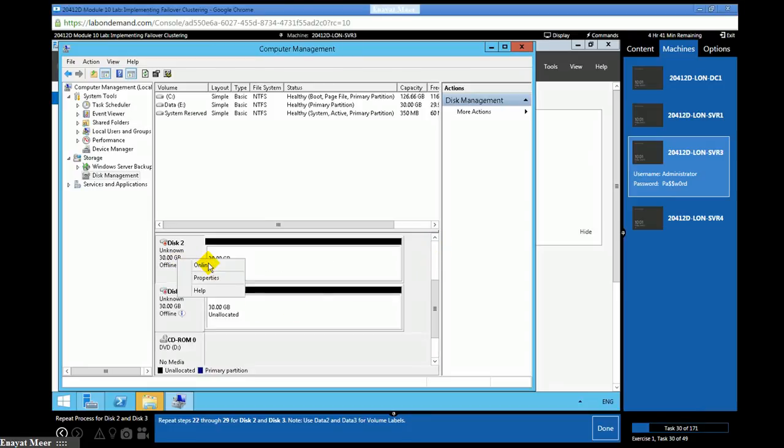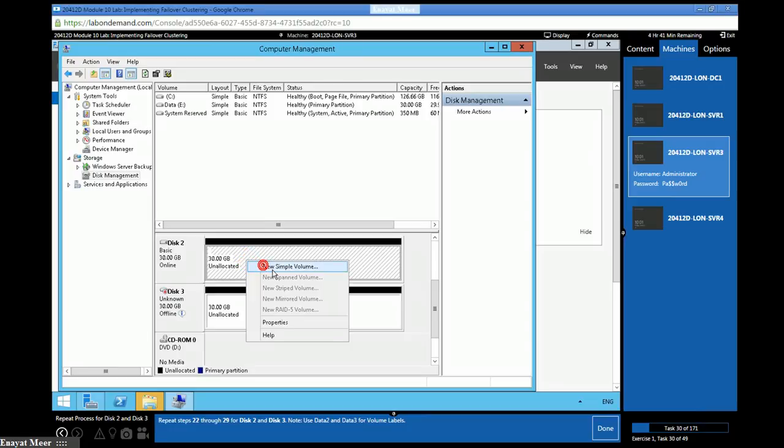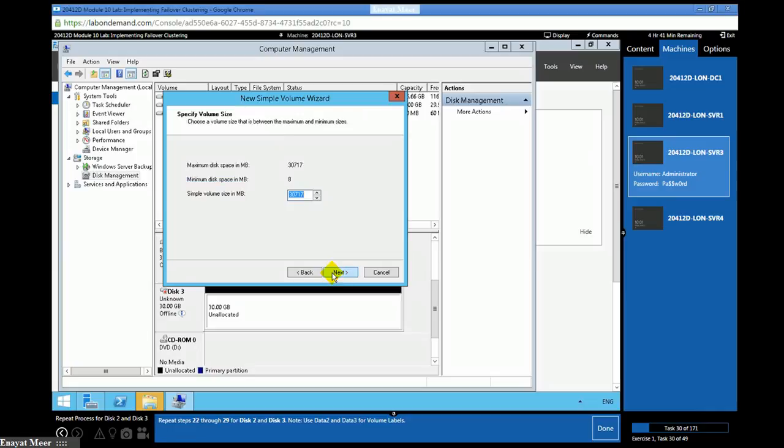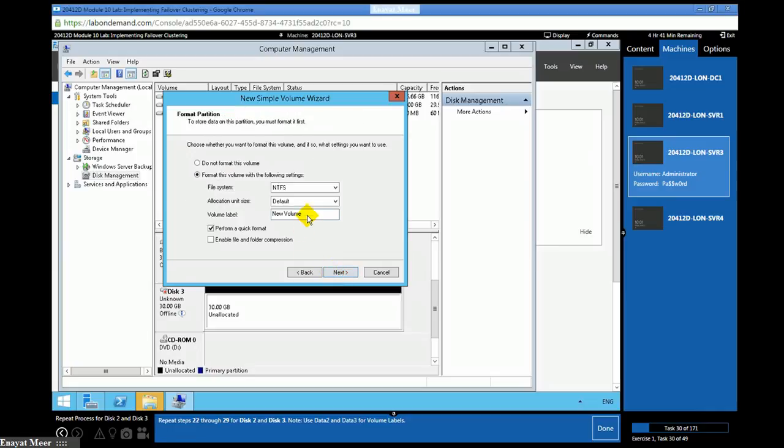So you know the procedure now. You have to bring them online first. Then you can initialize. When you initialize, you will see the options here: MBR and GPT, the GUID partition table. If you want to use a partition of more than 2 terabytes, you have to choose the second option, not the first. Because this is just 30 gigabytes, I'm using only MBR, master boot record partition, not the GUID partition table.